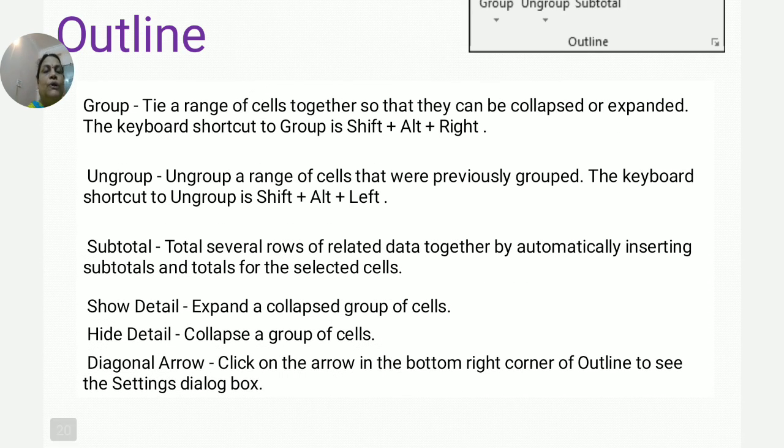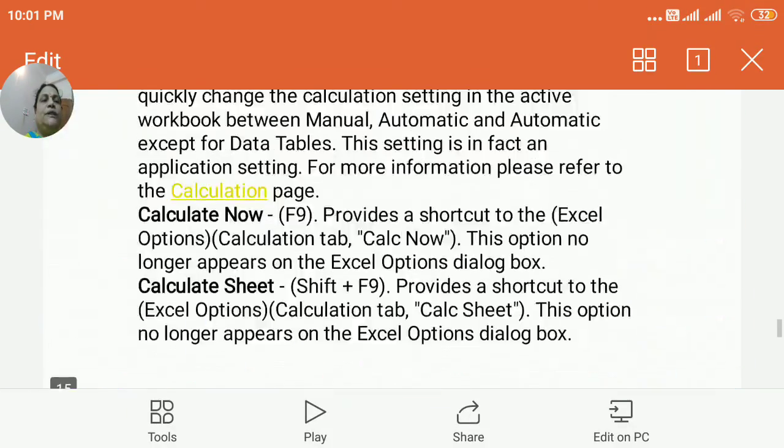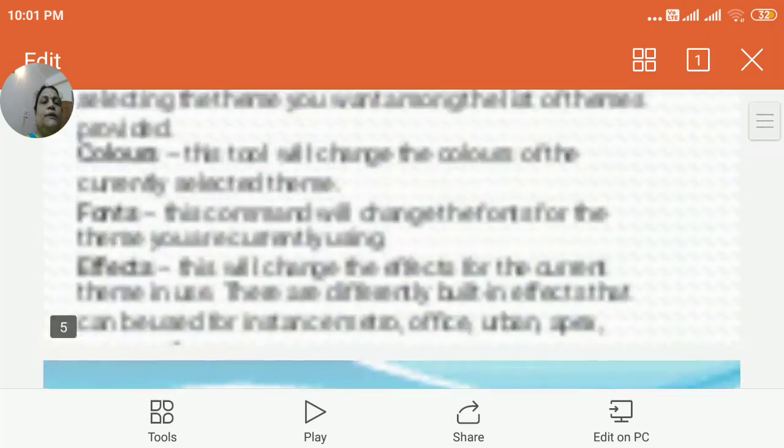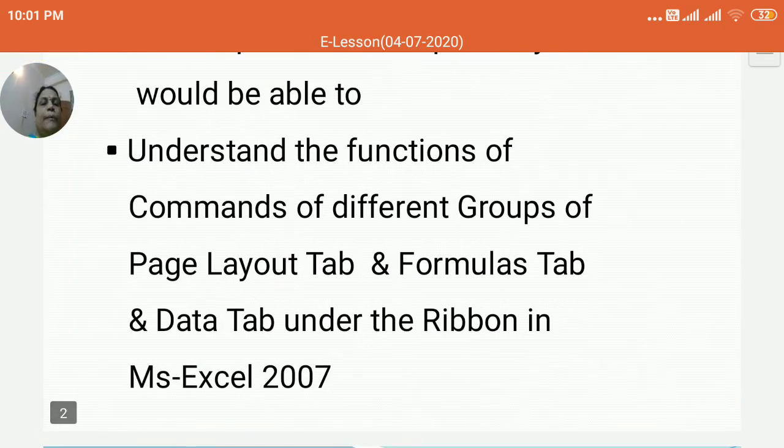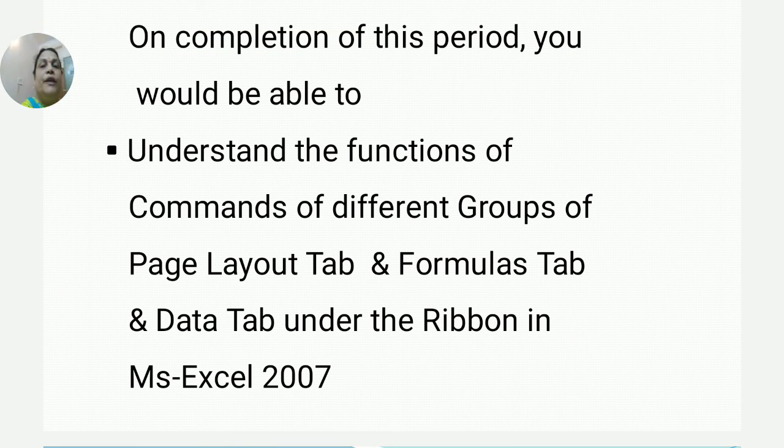So students, in today's class we have seen the functions and applications of commands of three tabs: the page layout tab, then the formula tab and the data tab. We have seen the groups of the page layout tab.